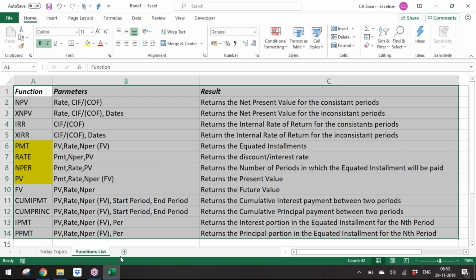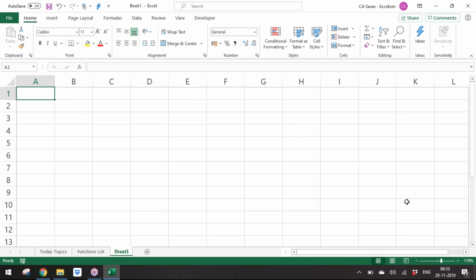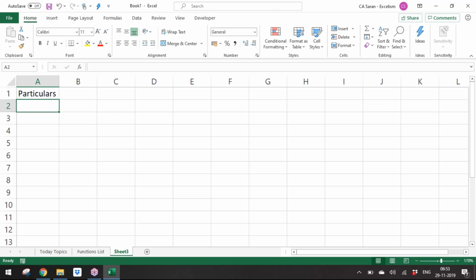Now we'll try to see how to use all these one after the other. We'll try to take a small assignment also on this. For example, let's take the particulars. Let's say I've taken the loan amount. That's nothing but the present value. Interest rate, that's nothing but the rate, as per the language of Excel I'm talking. Or else you can directly take PV, which is a loan,